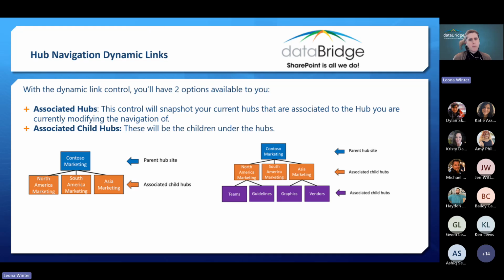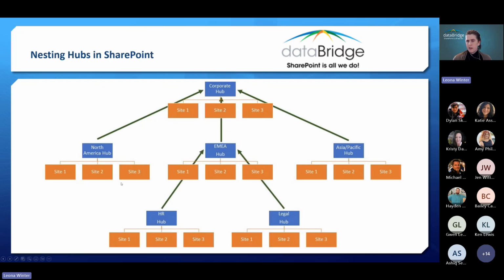And we'll show you all this here in a moment, which will be the associated hubs. So that would be the top level. And then associated child hubs will be all the children underneath of that. So whenever you select an associated child hub, whenever you're on a hub site, it will show all the hubs underneath of that. So an example right here, let's say your organization is one that expands the entirety of the